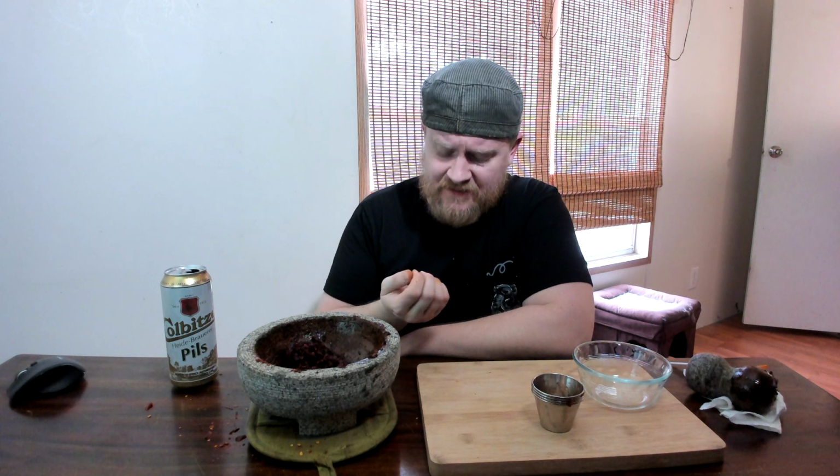So I'm going to take a tiny little taste. Look at the color of the oil, the richness coming from the sambal and the pepper. That is so, like, deep chili flavor. It's got like a halfway decent little burn to it too. Yeah, ooh, that's good. Rich, just essence of chili pepper flavor. The garlic is there, but it's really more to just bring out the essence of peppers, and that's what we got. Absolutely fantastic. So what I'm gonna do is gently scrape this out of my mortar and pestle, and I'm gonna put it aside, and then we're gonna start assembling the rest